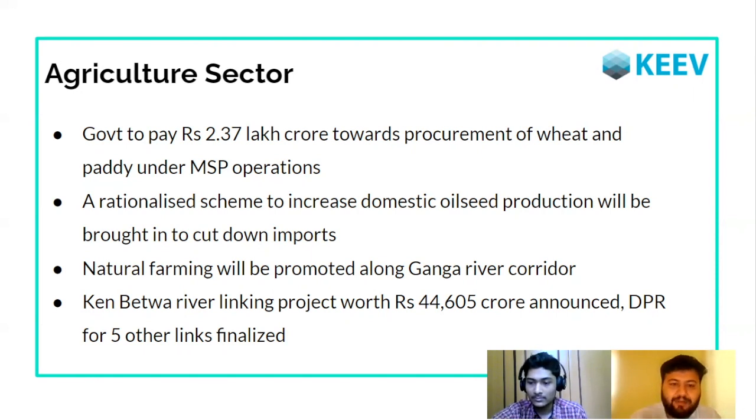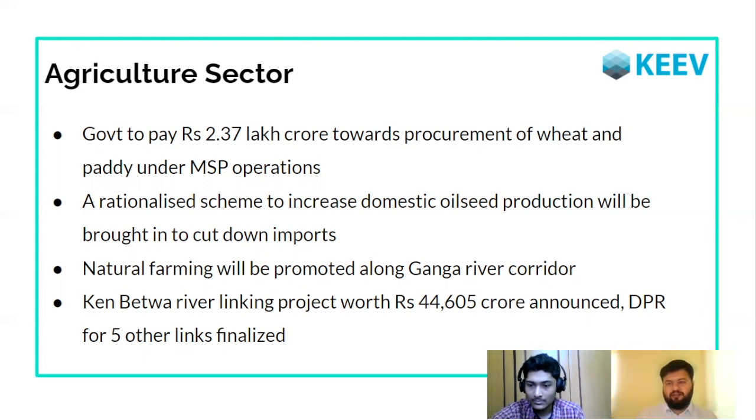They can set up hydropower projects along these river links wherever there is an opportunity. They can set up solar panels on top of these canals. So that is something that the government is also doing with the existing canals. So that is something that will also be done over here. And apart from this, they have also finalized 5 other river links. So what this will do is this will create